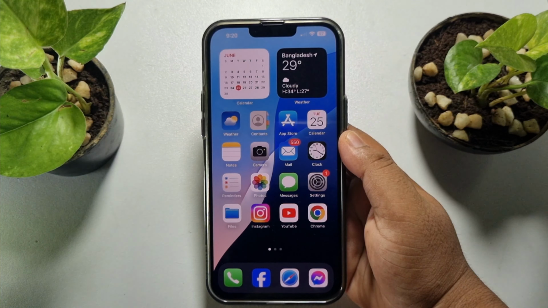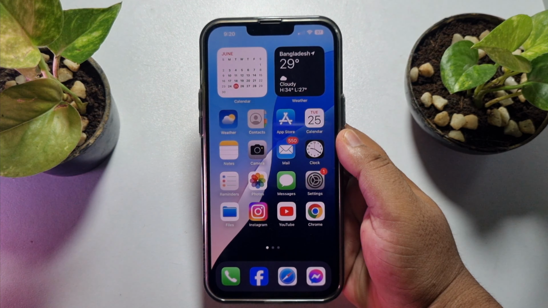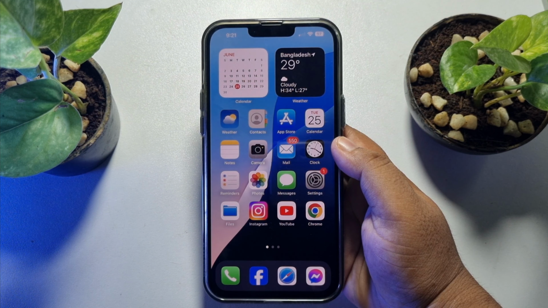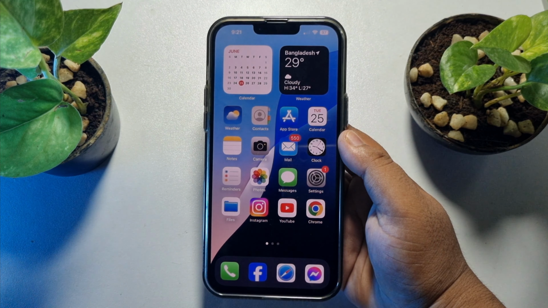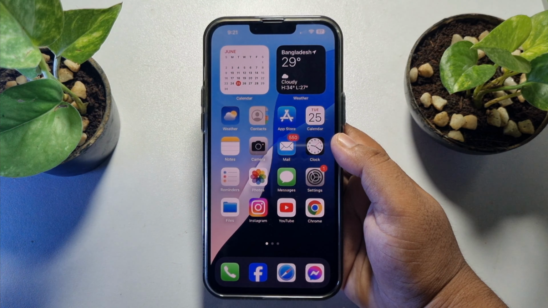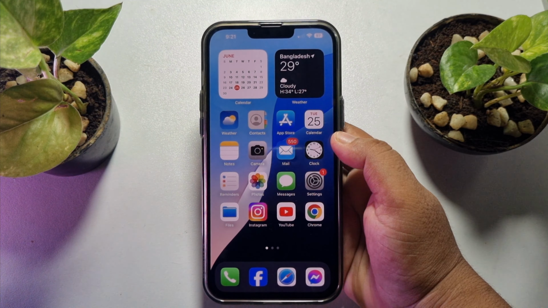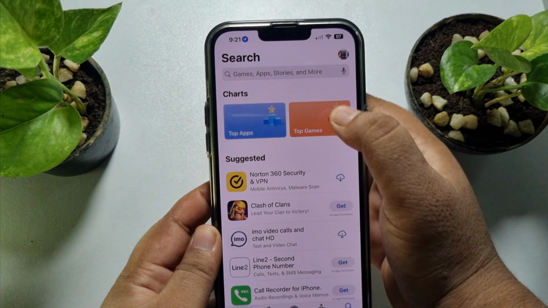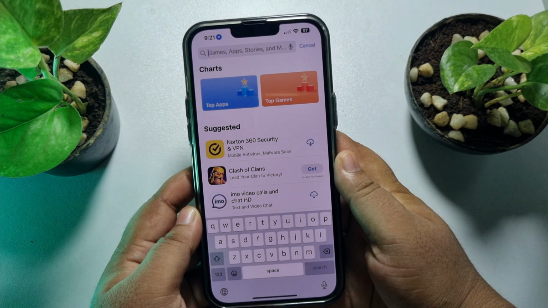In this video, I'll show you how to install Apple's new Final Cut Camera app on your iPhone, iPad or supported device. Just follow these easy steps. First of all, on your iPhone, open the App Store and in the search box you have to type